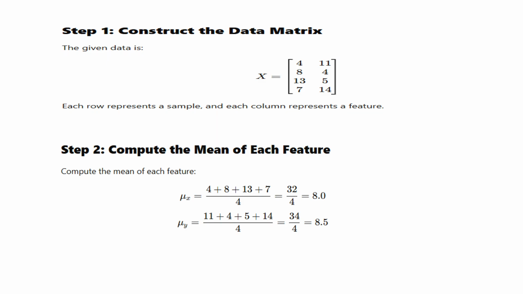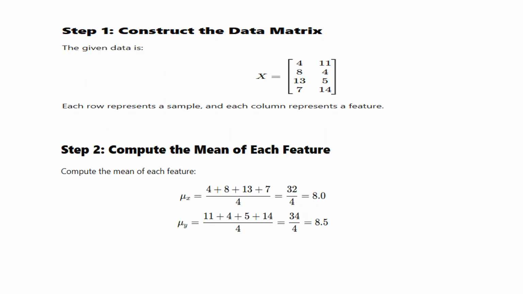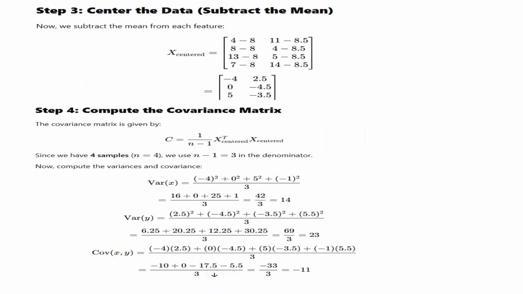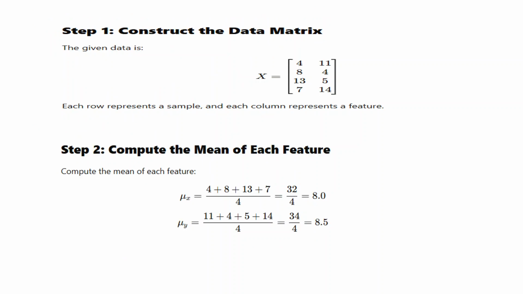First we have to construct the data matrix. Under the data matrix, for the X samples we have 4, 8, 13, 7, which we represent column-wise, and for the Y components we represent 11, 4, 5, 14. This is how we construct the data matrix. Then, in the second step, we have to compute the mean